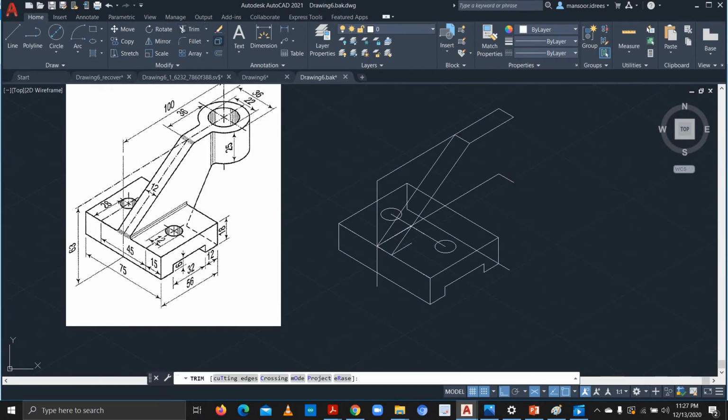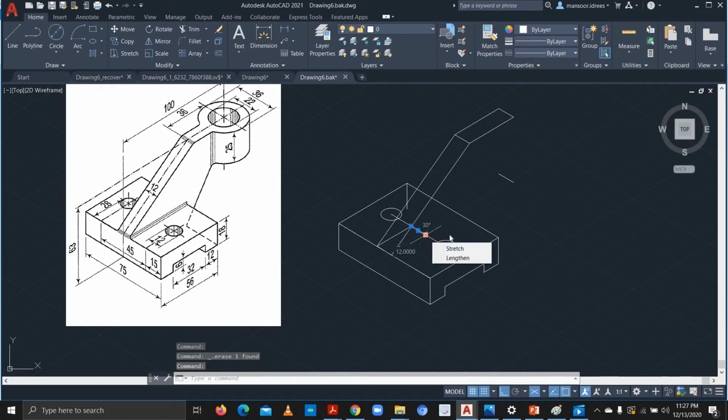Now we can trim out a lot of extra lines. You can just simply select them and delete them. This is extra 2, this is extra 2. So let's just delete them all. Okay, alright, so now